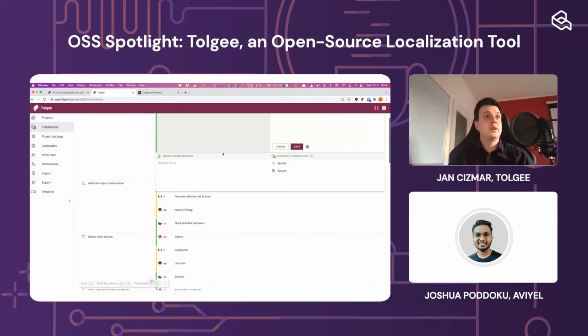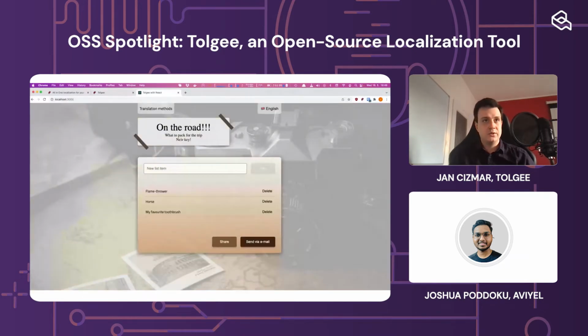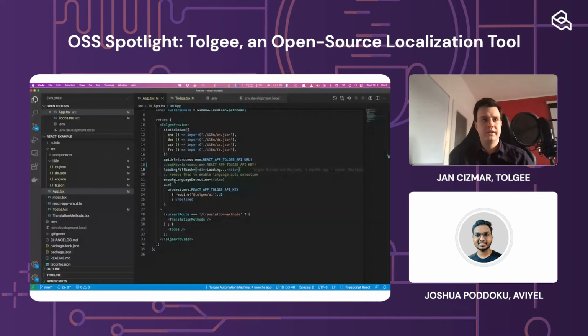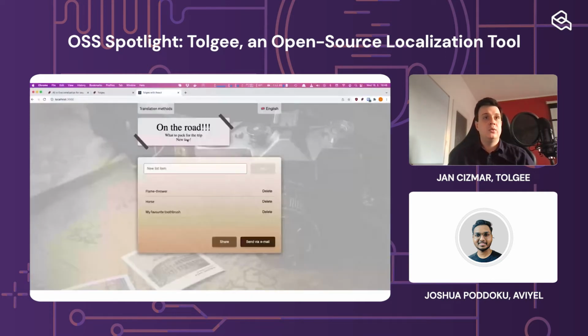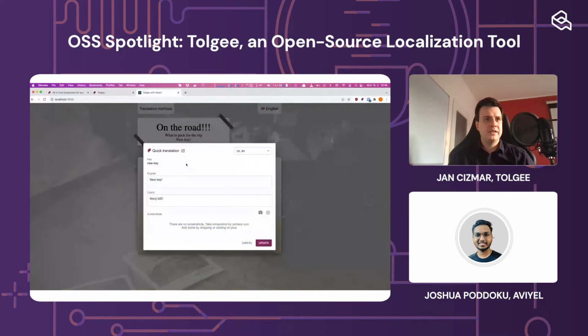And also, I forgot one more important thing. When you are adding a new key, it doesn't work now because I commented out the API key. So I'm going to add it back. And now, yeah, when I open this translation dialog, I can also take a screenshot of the application, which is the